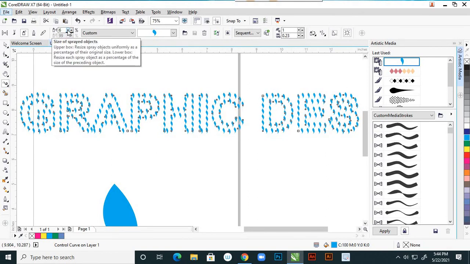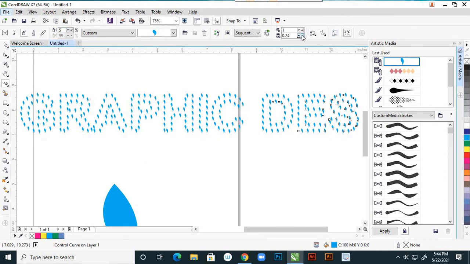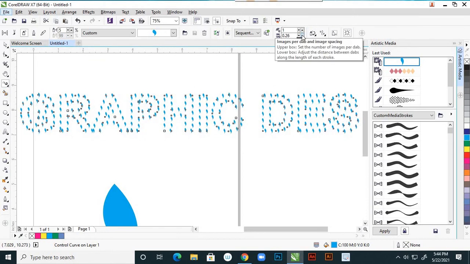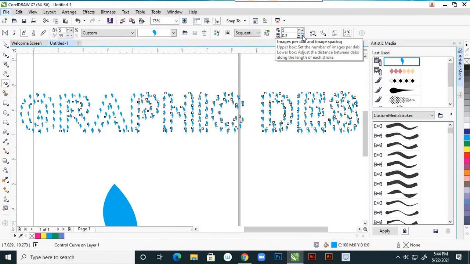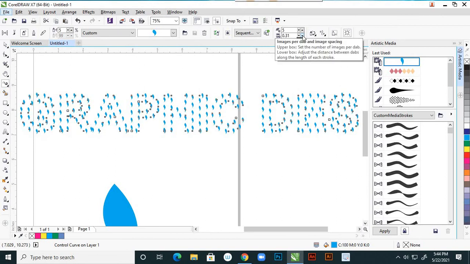And if you want, you can decrease this size more. Yes, the 5, right? It is 5, and here the gaps, increase this, the number of tabs here, set the number of images per tab. So I'm giving a 5, and here this number, I'm increasing this, right?